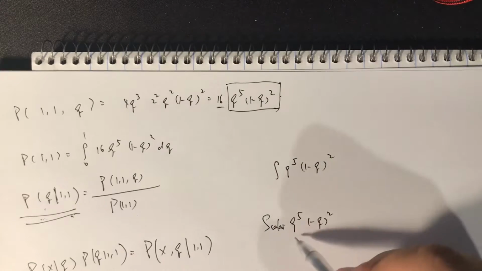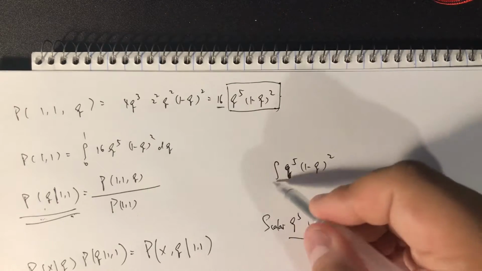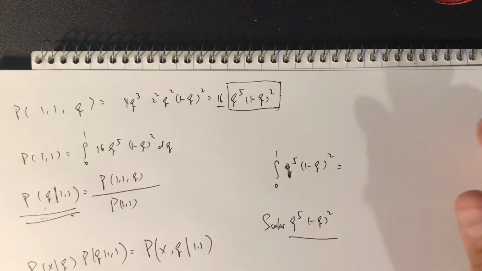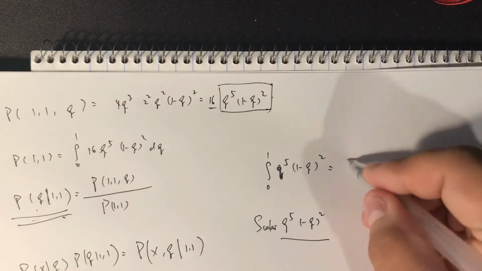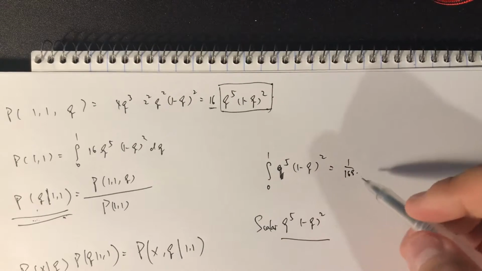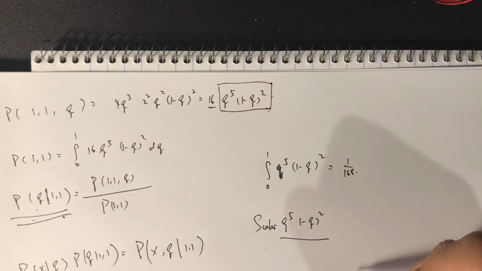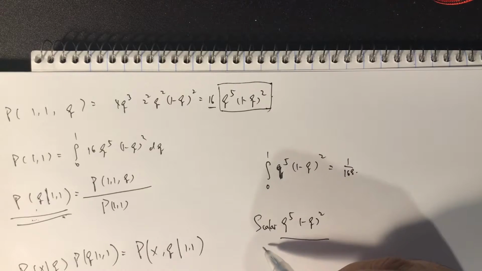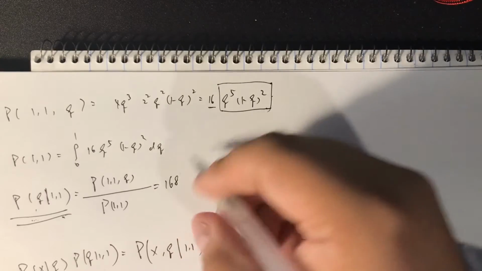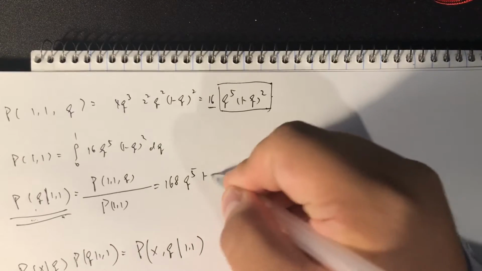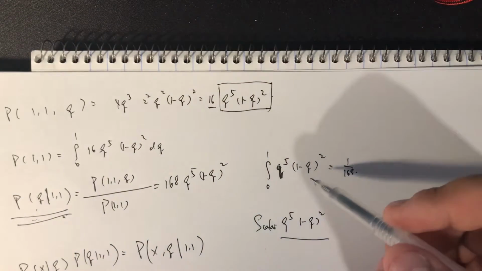And when we integrate this part, like here, I'll just copy paste the solution. This should be 1/168, and so the scalar times 1/168 has to equal 1. Therefore, the scalar has to be 168. Right? So this probability is 168 q^5 (1 minus q)^2. Right? And the second is,